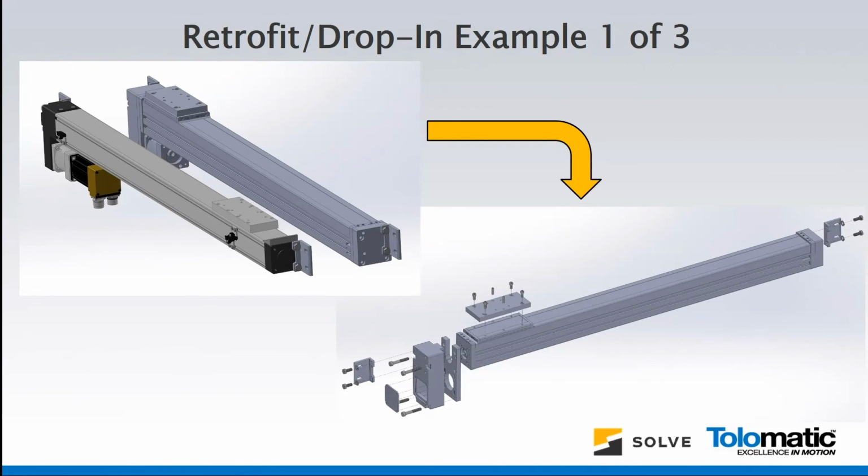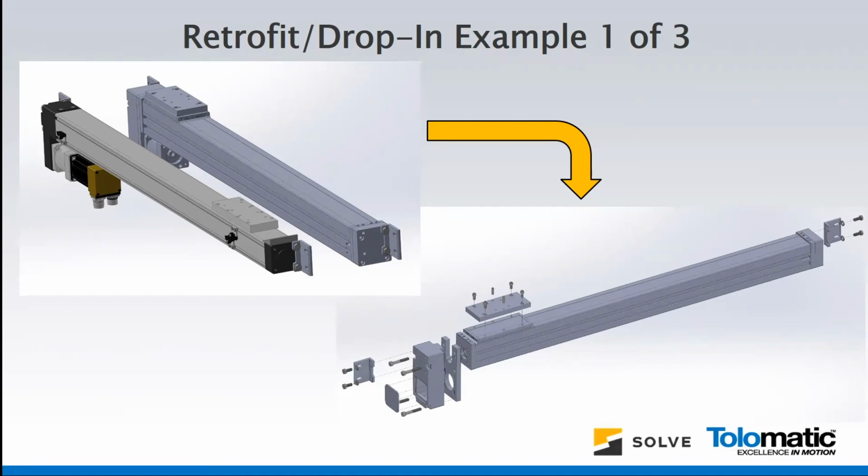And these are the type of things we can do. We can provide custom mounting brackets, custom adapter plates, or whatever is required to take a Tolomatic actuator and retrofit it into an existing machine or an existing design. So this is an example here of an actuator. We've created right angle mounts for a